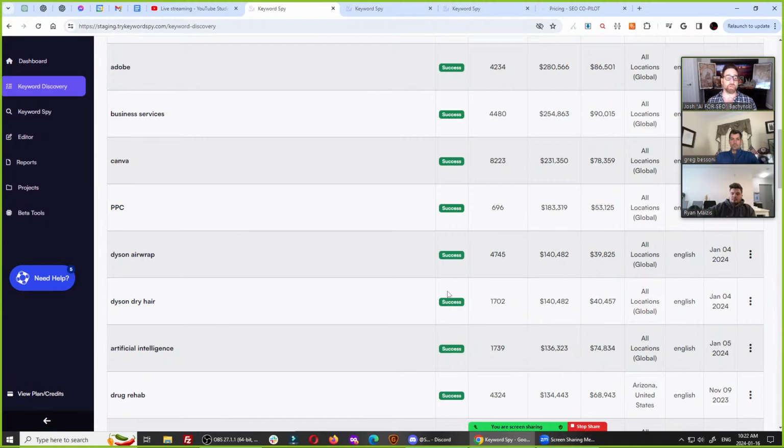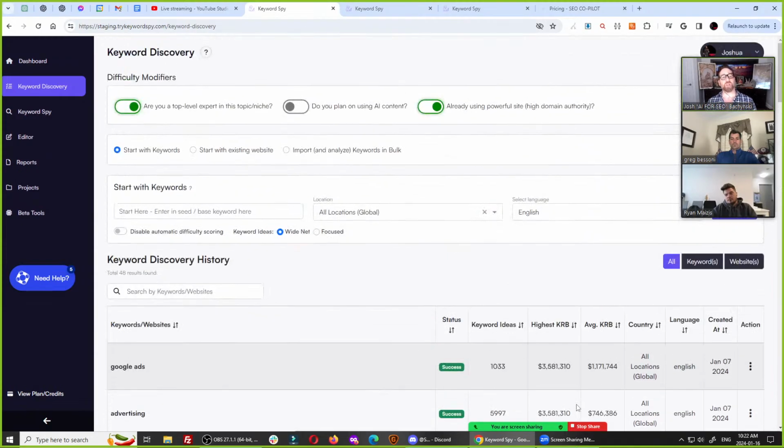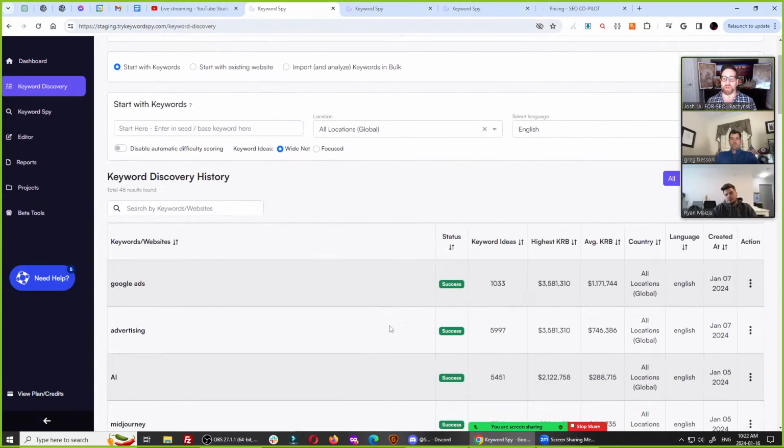These are all niches I'm sure people in the industry have heard of and might have even done audits for or know that. Having been in this industry for 25 years, I could have told you off the top of my head that these would have been very lucrative niches. I've done drug rehab sites for years. I know people who've done drug rehab sites for years. I know there's a lot of money behind it, right? You can also tailor it to just your area to see how much money is behind it in your area as well. So that's a very new, exciting thing that we're doing.